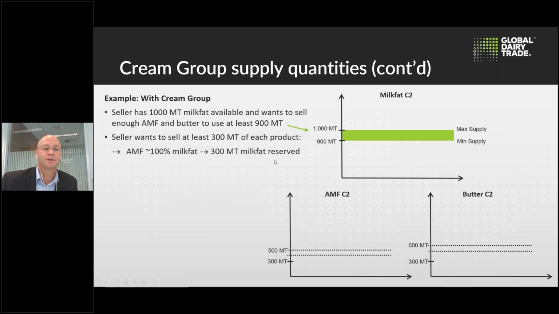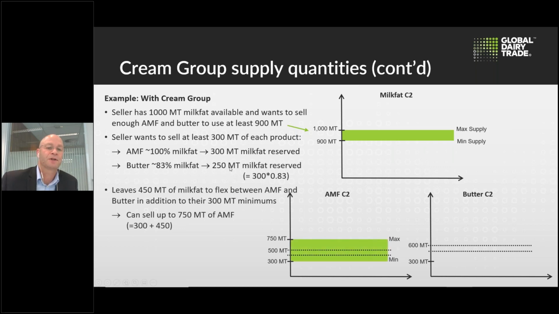So the result of that, though, is that if you must sell 300 metric tons of AMF, then you need to put aside 300 tons of milk fat, right? Because AMF is 100% milk fat. Whereas if you want to sell a minimum of 300 metric tons of butter, because it's 83% milk fat, you only need 250 metric tons of milk fat to do that. So you have to put aside the 300 tons for the AMF and the 250 metric tons for the butter. So a total of 550 put aside out of the 1,000. And so that leaves